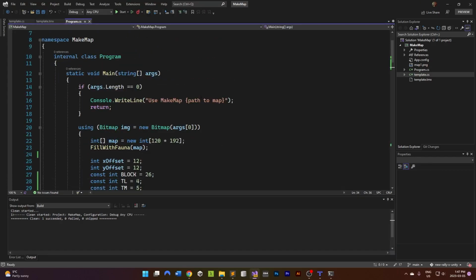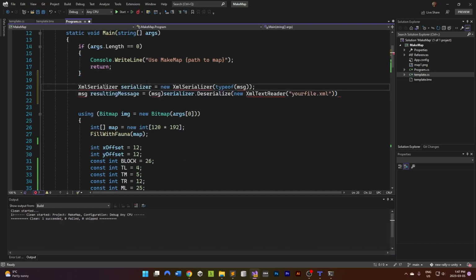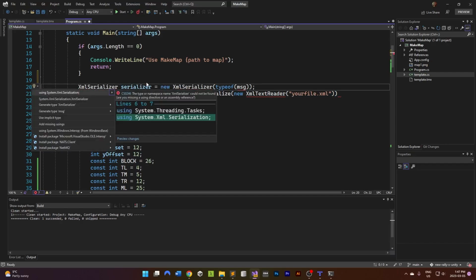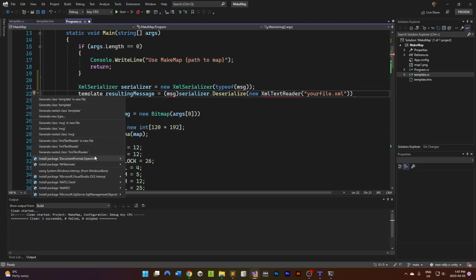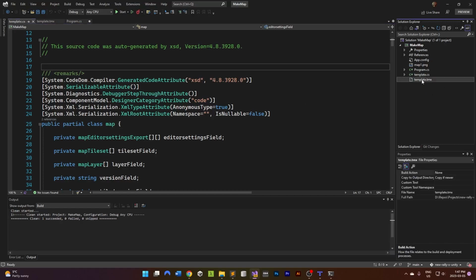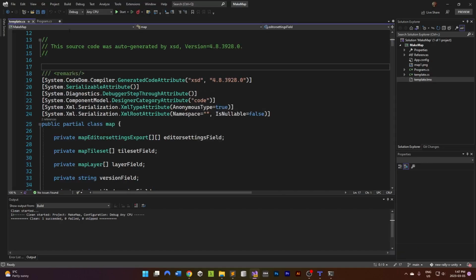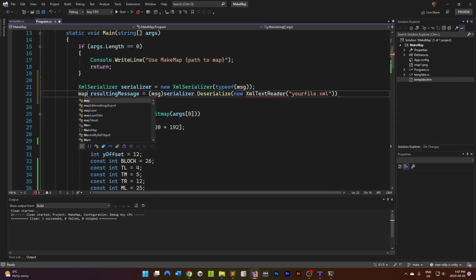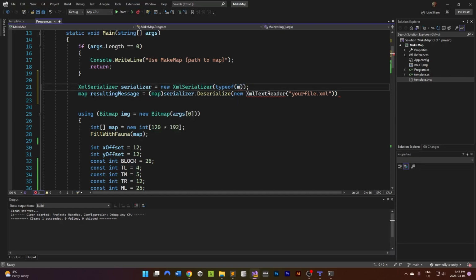And I'm going to do this and resolve these serializers, and then this is going to be template. Is it going to be template? Oh, is it map? Oh, it's map. Okay. So inside here, I'm going to do map, map, map, and